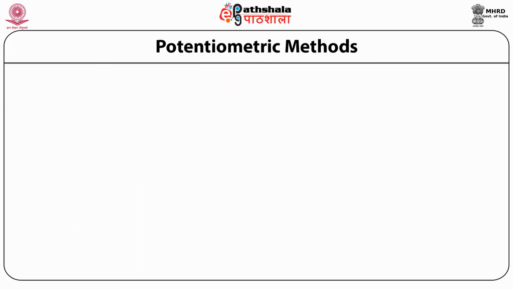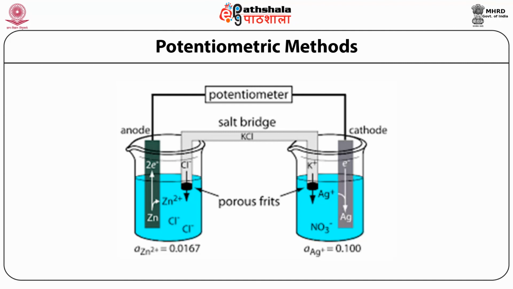This is the picture of a potentiometer where the two electrodes are dipped in different solutions and they are working as an anode and cathode, and in between the salt bridge is used. This type of cell is also used as a fuel cell for generating energy in remote areas, and it is also used to purify water and other contaminant solutions from the ions.